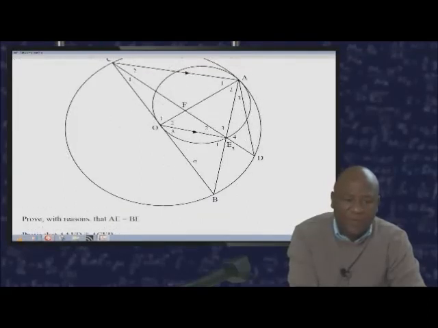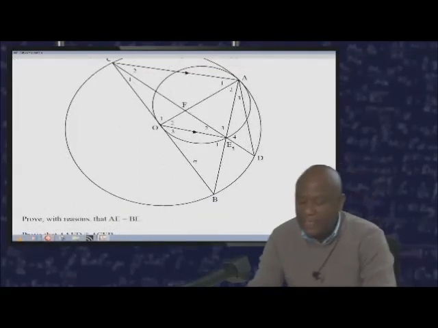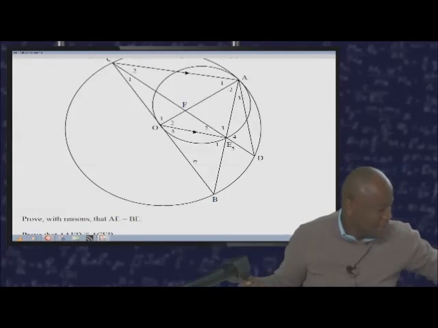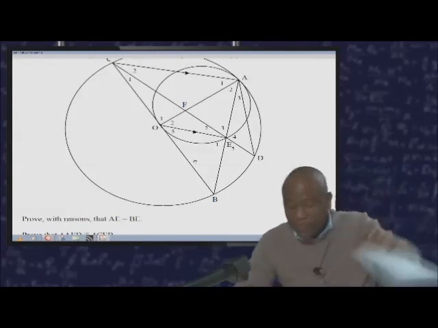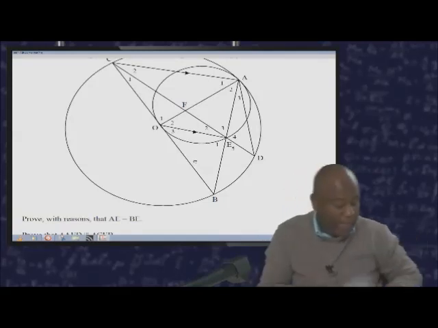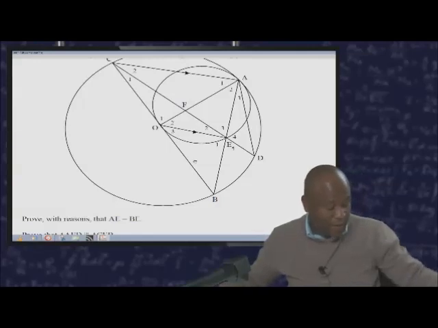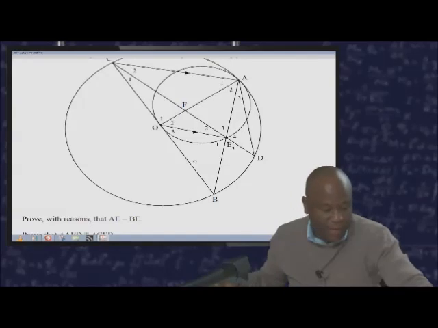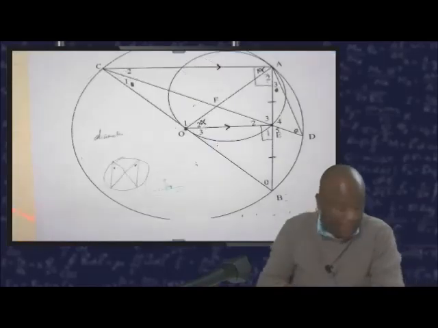What is the first question? Prove with reasons that AE is equal to BE. Now it becomes easy for us to prove that AE is equal to BE because already here we have noted that the two are equal. Now what do we do? To prove with reasons that the two are equal, we can write now that